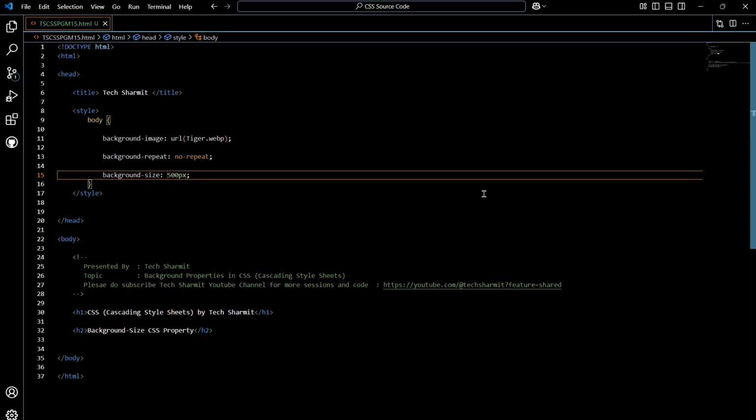We discussed auto, which is the default value, then cover, then contain, and then we discussed how to set the size using dimensions. Okay,